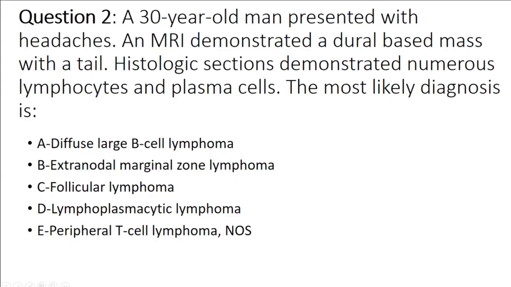Question number 2. A 30-year-old man presented with headaches. An MRI demonstrated a dural-based mass with a dural tail. Again, a classic imaging finding of dural-associated masses, predominantly meningiomas. Histologic section demonstrated numerous lymphocytes and plasma cells. The most likely diagnosis is